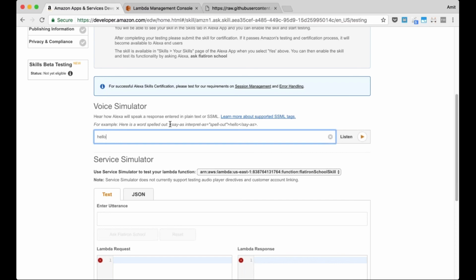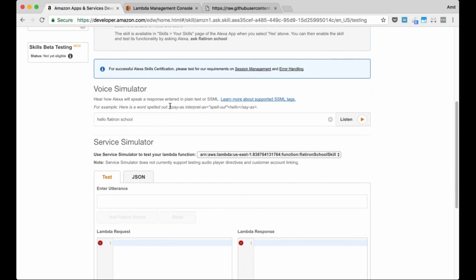You can just say, hello, Flatiron School, and you can click on listen. I'm not sure if you will get the audio, but if you do this on your computer, you will hear Alexa talk back. Hello, Flatiron School. Hopefully you heard that. One of the cool things is Alexa supports what we call SSML, speech synthesis markup language, which is one way that you can do things like this.